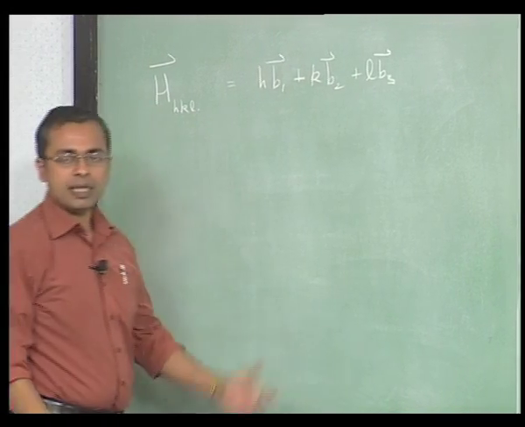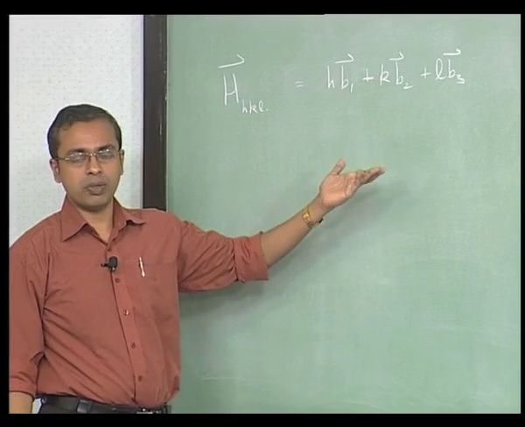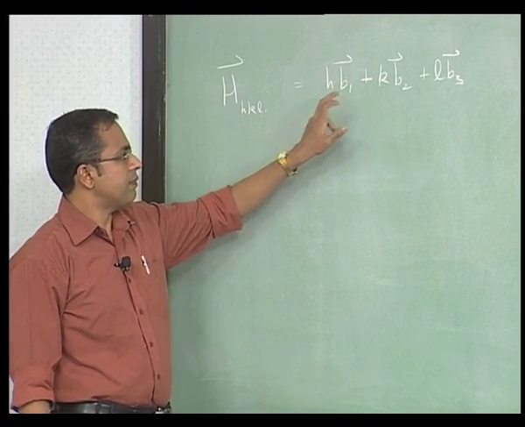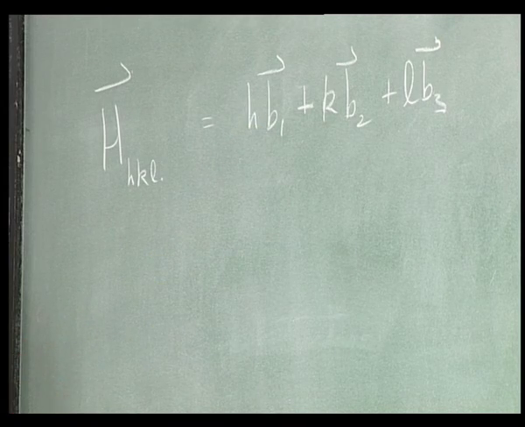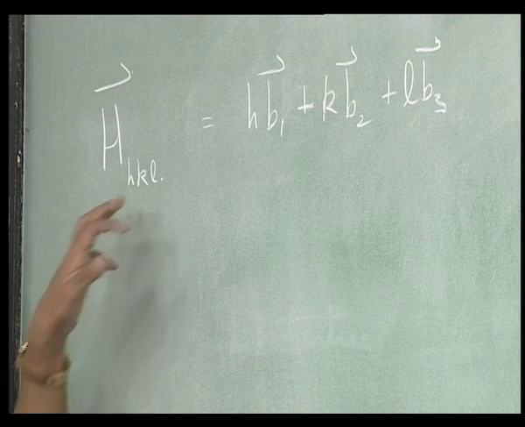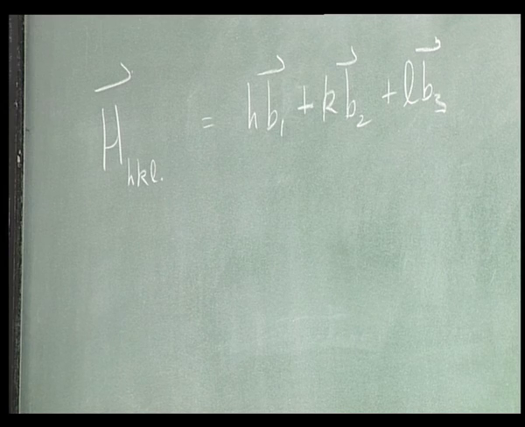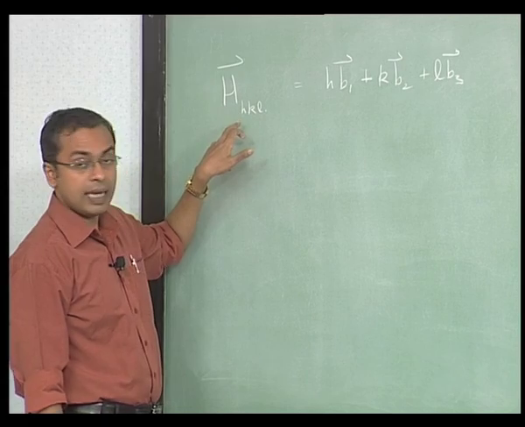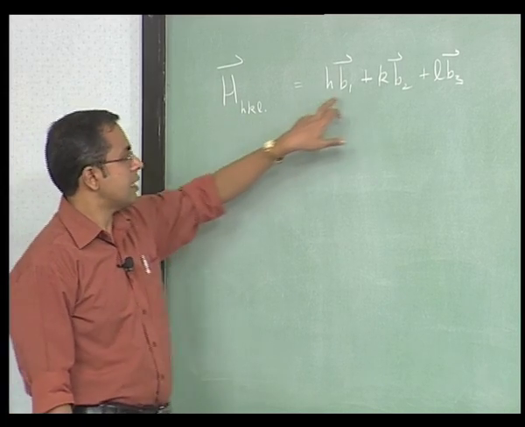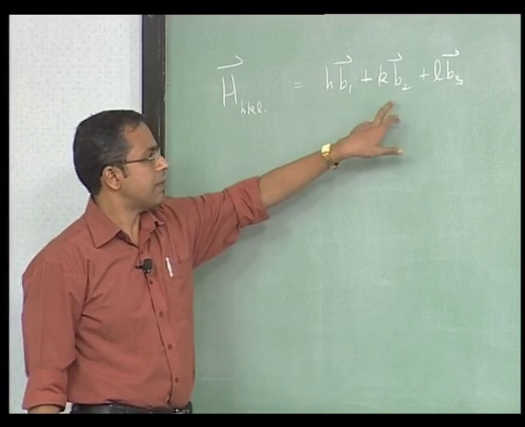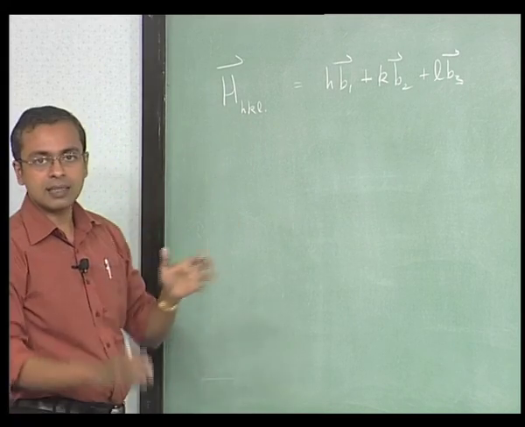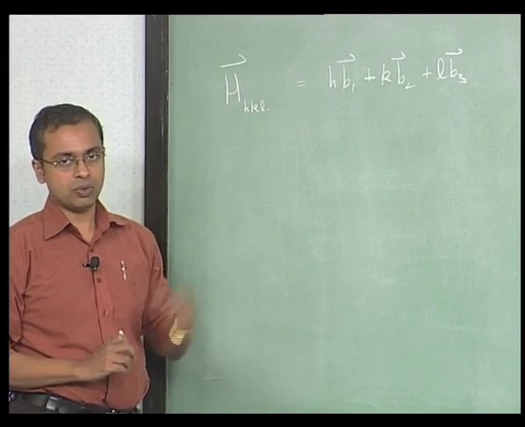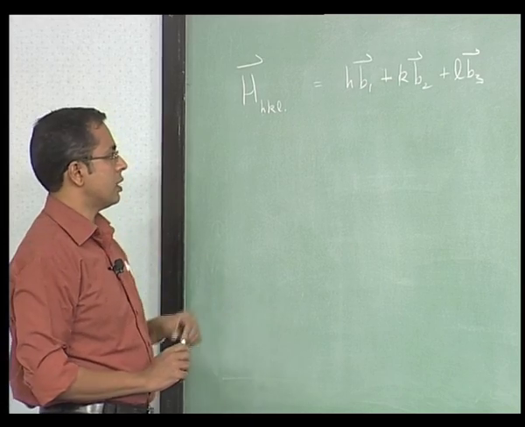This is simply based on our definition and standard vectorial notation. b1, b2, b3 are unit vectors and h, k and l are the specific distances we are travelling along those unit vector directions. So h, k, l is a vector in reciprocal space, and it is therefore equal to h b1 plus k b2 plus l b3. Those h, k, l are the amounts that we are travelling on those respective directions. So that is what it is.